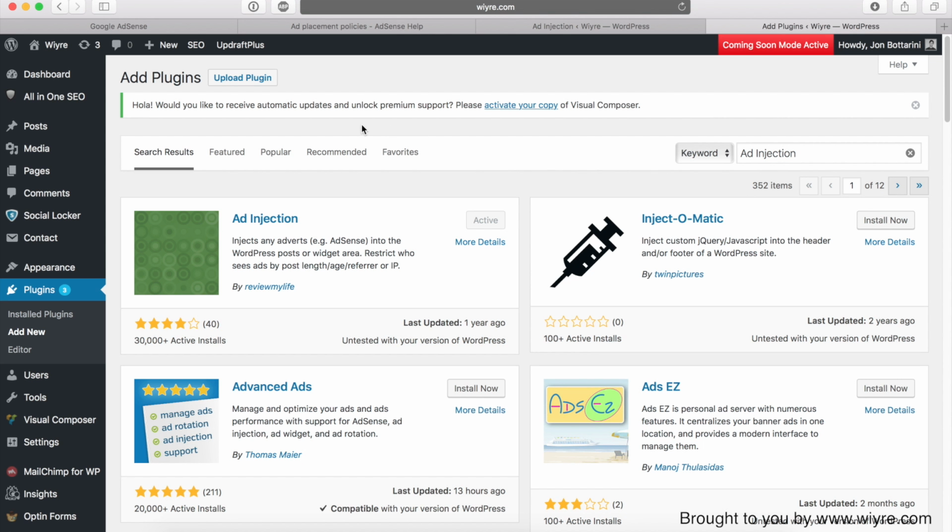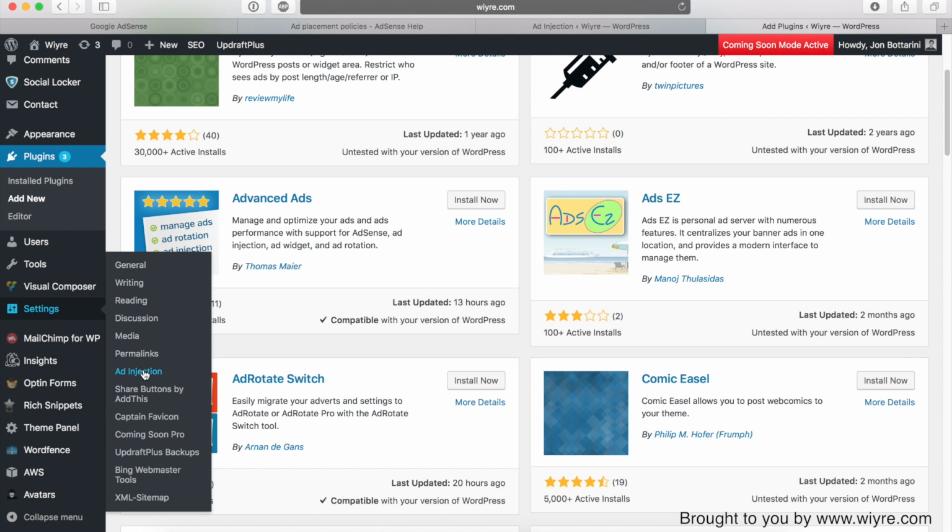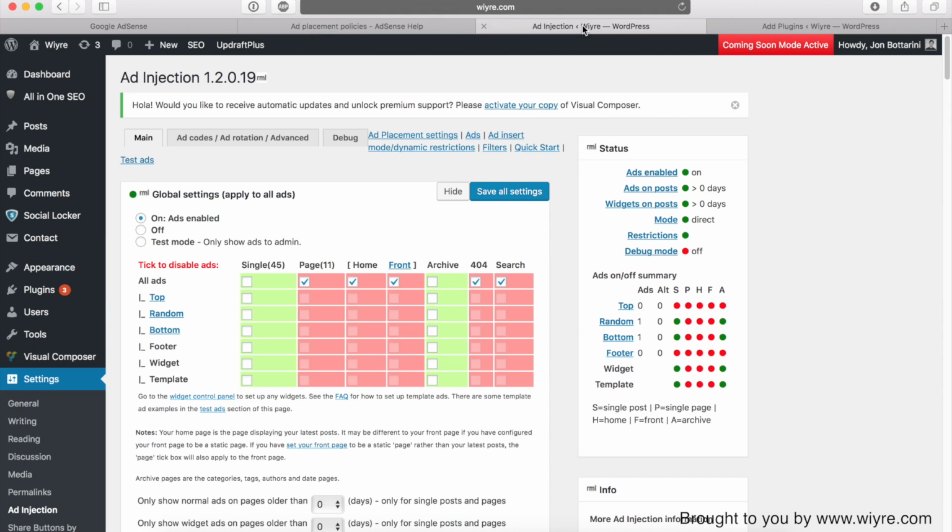Okay, so now I'm on my WordPress website that I want to put the ads on, and the plugin that I'm going to be using for this tutorial is called Ad Injection by Review My Life. You just go to your plugins, add new plugin, and then type in Ad Injection, and it should be the first one to show up, but just make sure it's by Review My Life because that's the one we're going to be using. So once you have that installed and activated, you then want to go to the left-hand side of your dashboard here under Settings, and then click on Ad Injection, and you'll be presented with this